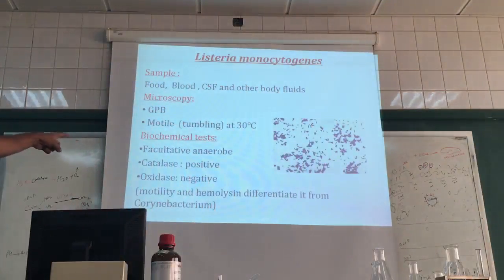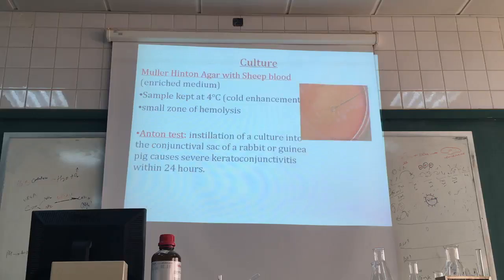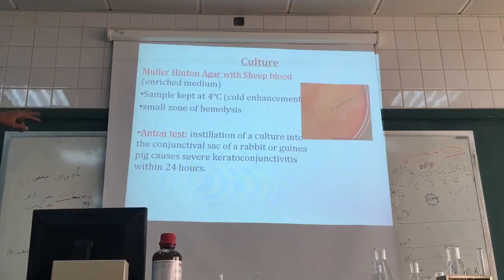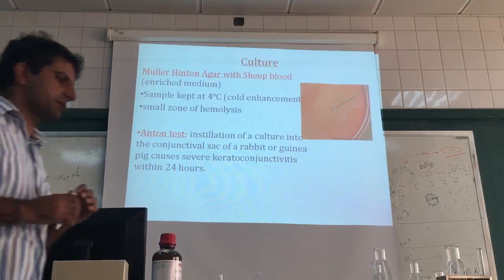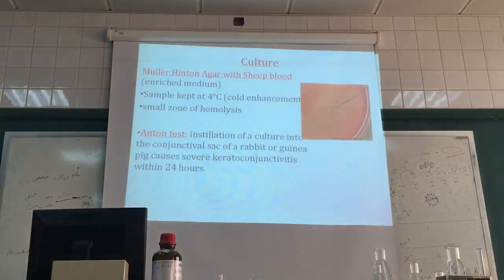This bacteria is catalase positive, the same thing, and oxidase negative. The sample you can collect from blood, from food. As I told you, Listeria can pass the placenta also. In culture, for this microbe, you can see a small zone of hemolysis. To confirm Listeria monocytogenes,